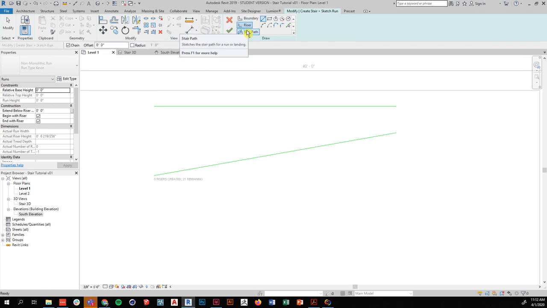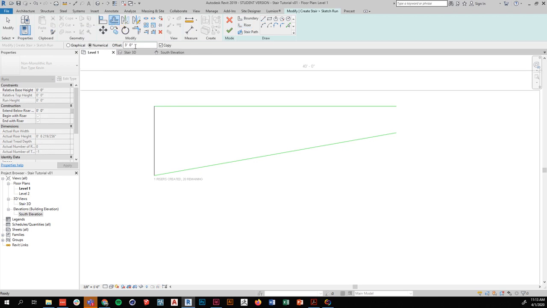Now I'm going to click riser. Okay, and here's my line setting already. Now it says I need to make 21 risers right here, and you've made none already. So I'm going to go ahead and make one right there. Now it says I made one, you have 20 remaining. So what I'm going to do now is offset this line